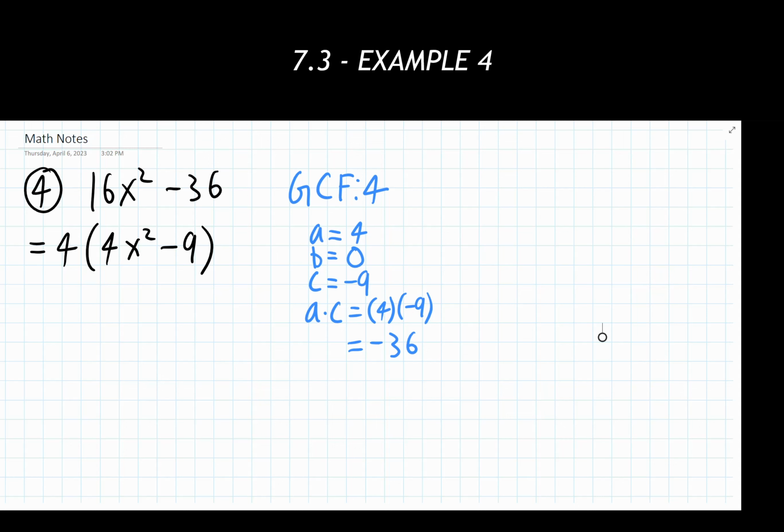Moving on to step 3, I want to find two values that multiply to give me AC and add together to give me B. Now, admittedly, a B value being 0 is a little weird, a little out there. We can still do it. We're doing the exact same thing that we've done. Our process isn't changing. So I'm starting off, I'm listing 1 times 36, 2 times 18, and so on. So all I'm doing is just listing the factor pairs. Oops, it's not going to be 6, it's going to be 12.